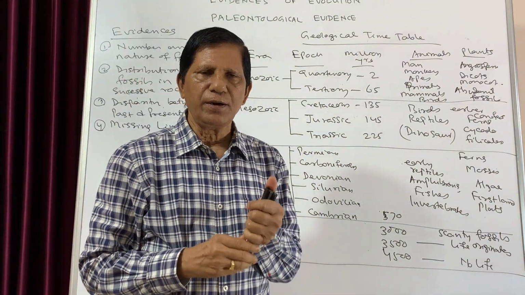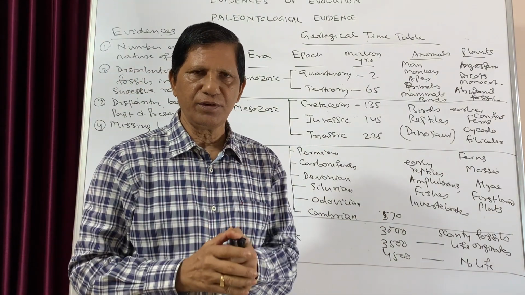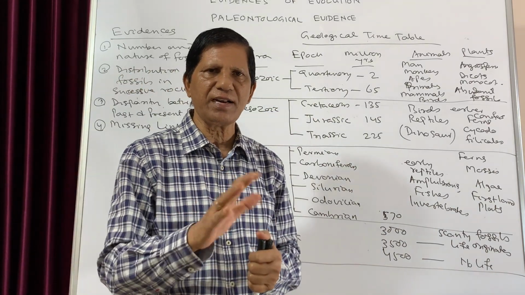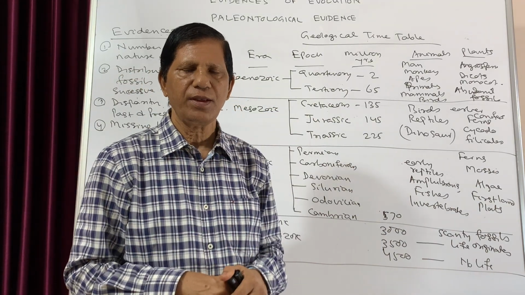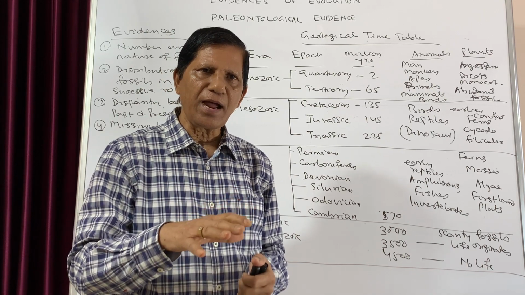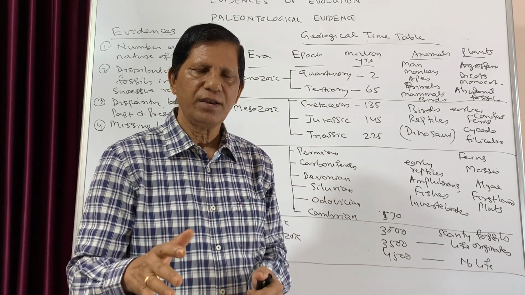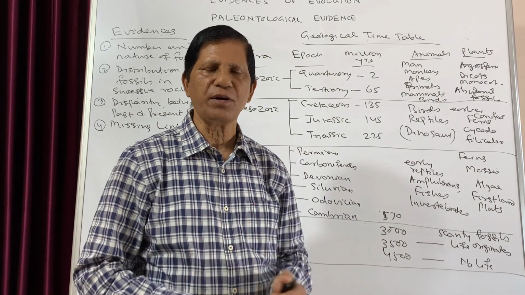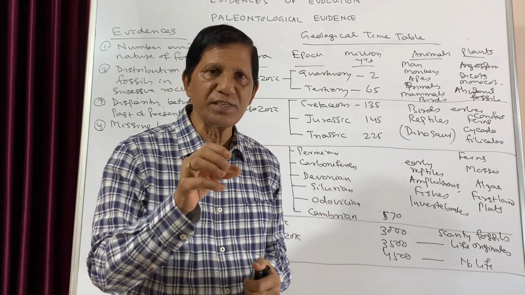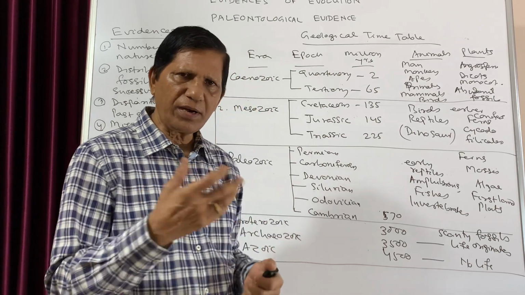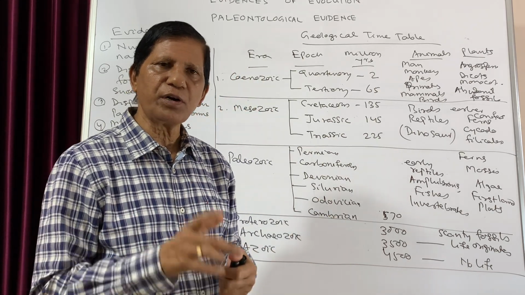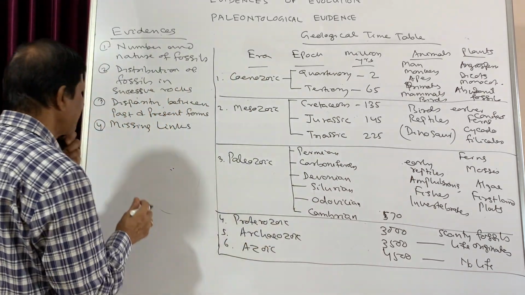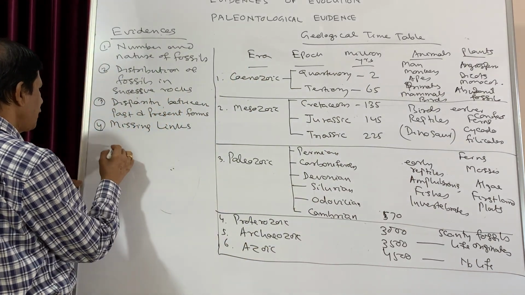That means when fossils are formed for different eras and different types of plants and animals are fossilized, some of them have become missed, but they resemble different types of animals or plants. That is why they are known as missing links. You can also call them connecting links, but they are only fossils, not present in living forms. And one of the best examples of this missing link is